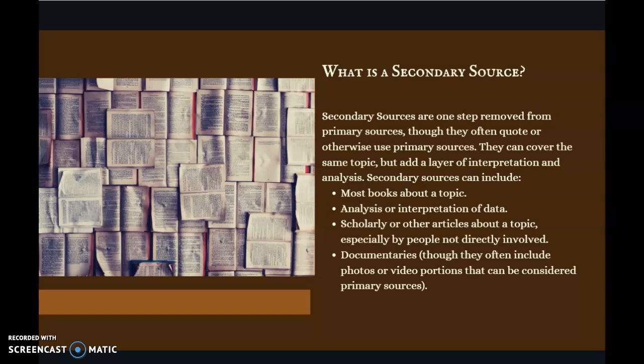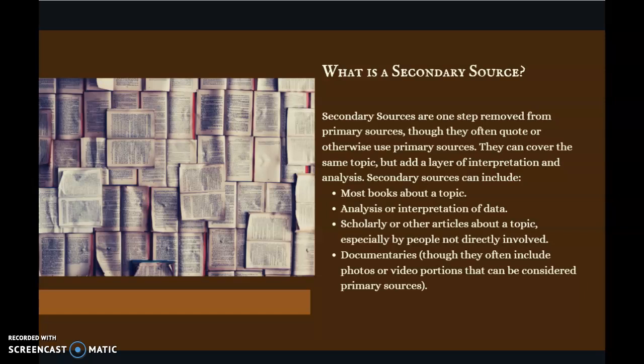Also, you have documentaries. Though often they may include photos or video portions that can be considered parts of primary sources. Documentaries are an excellent example of what is kind of this mix between a secondary source and a primary source that is being used like a secondary source. There will be a few documentaries that I may see if I can find the YouTube links that I would like you guys just to look at and kind of watch some scenes from them,